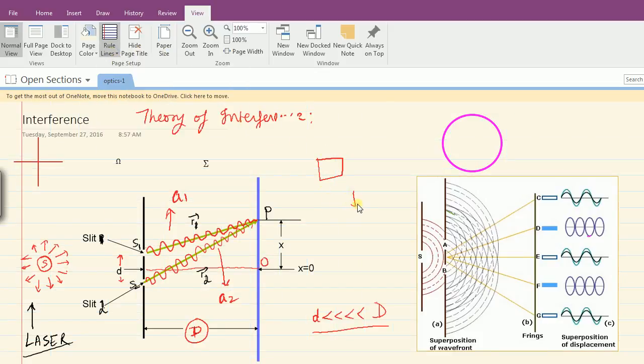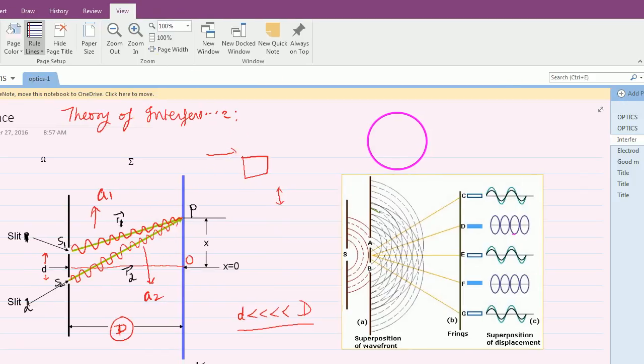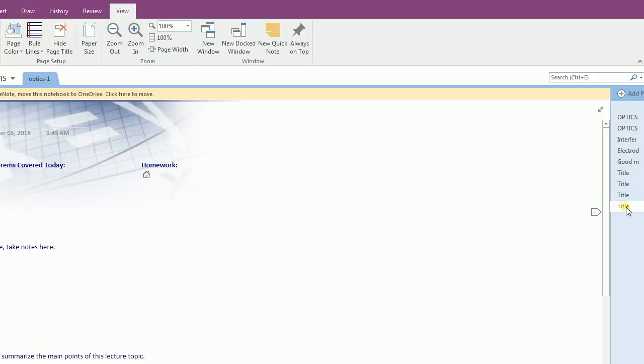It depends on you what thickness you want to give. Then after, the color of the page, I have selected right now this yellow one. You can select the pink one. So here the color is pink. Now you can see here there is a tab with plus sign, add page. So I have added a number of pages here. I click it, so you can see that one page is added, and that has its own templates.